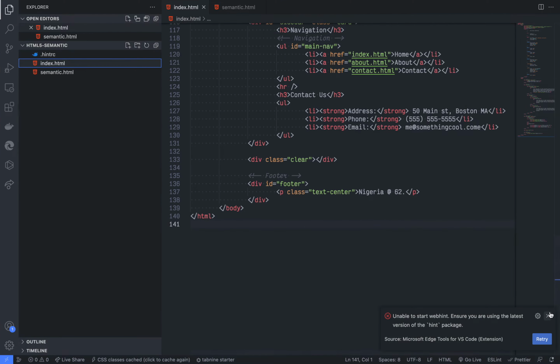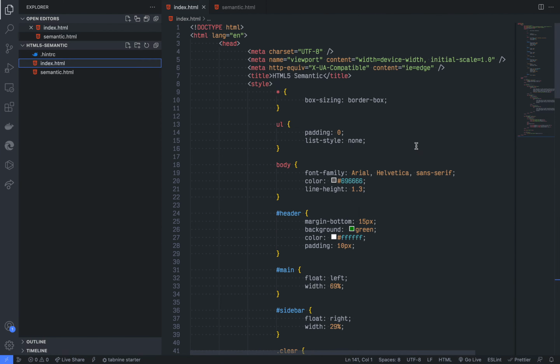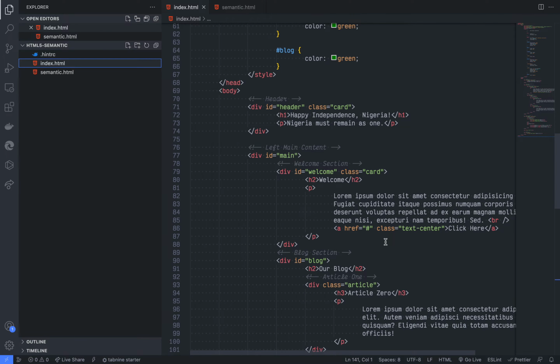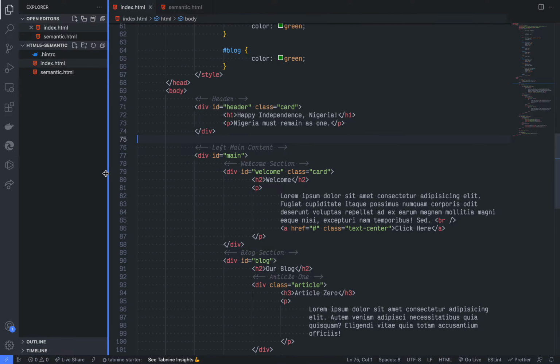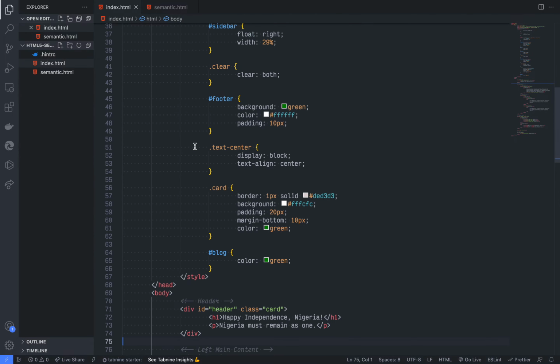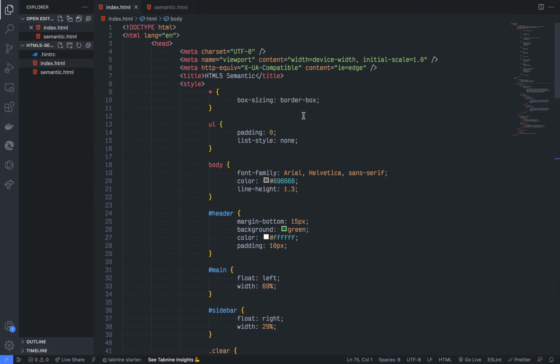So we look at this. I've come up with this sample page. This is a web page without HTML semantic tags. We're going to study it and see how we can convert it into a semantic web page. So if I open it,